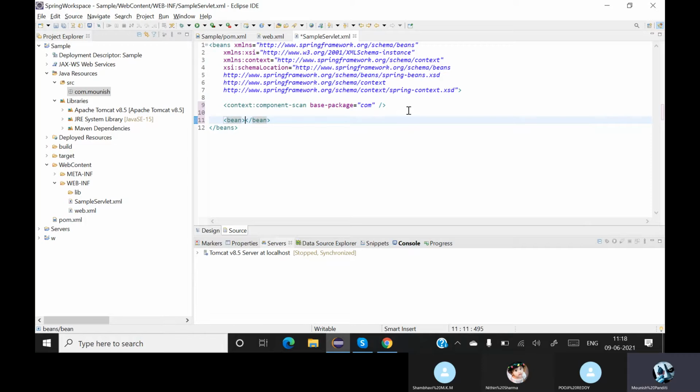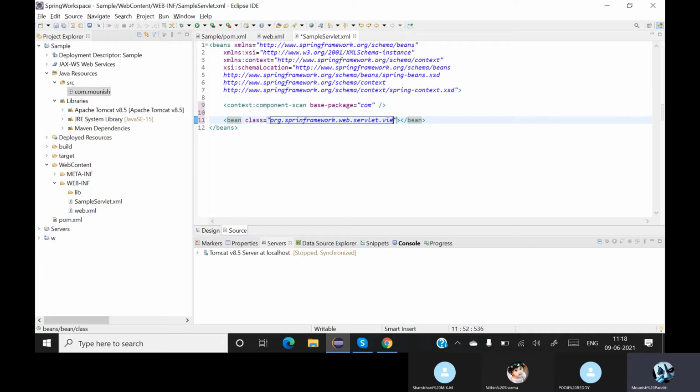I have a bean over here, and this bean will take a class. So this will obviously take a class, and this class is org dot springframework, and after springframework it is web. Inside the web you will be having this servlet.